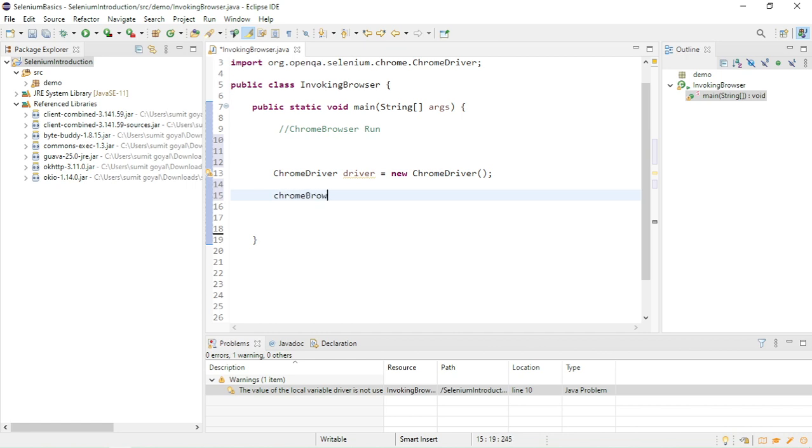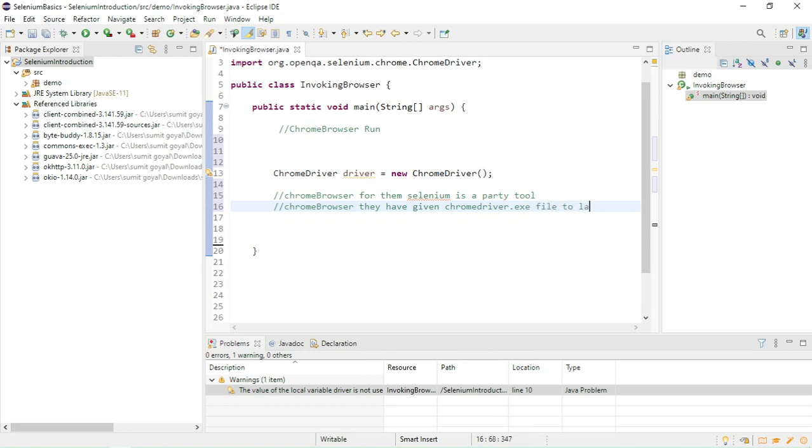So those who have developed the Chrome browser, for them Selenium is a third-party tool. So for the Chrome browser, Selenium is a third-party tool. What the Chrome browser says is that those who have developed it have given one Chrome driver. What is this chromedriver.exe file? They have given one chromedriver.exe file